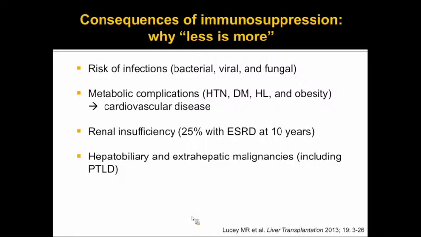So why do I give this historical background? Well, we all know that there are a myriad of consequences to immunosuppression. That's true both for patients' maintenance immunosuppression and also true of what we give them when we respond to an episode of rejection in terms of upscaling their immunosuppression. And as I showed you in the first slide, the main causes of death, especially in extended transplant follow-up, are actually not due to rejection and retransplantation, but rather due to things like cardiovascular disease and malignancies. I think we all need to put that in context of really understanding how much and for how long we should be increasing patients' immunosuppression when they have rejection.